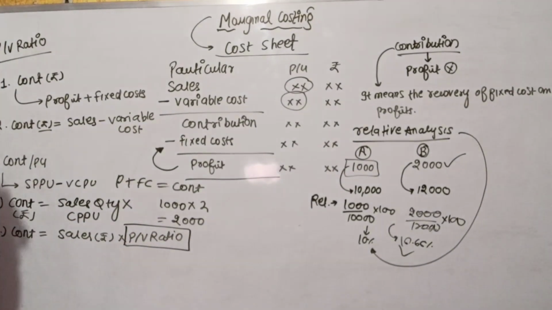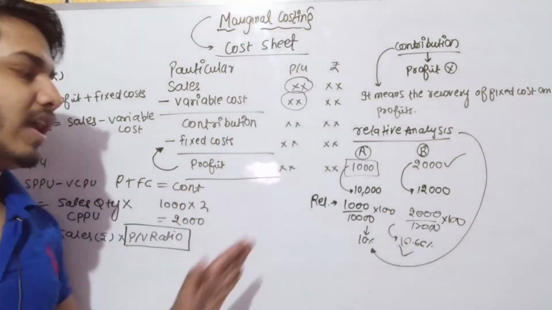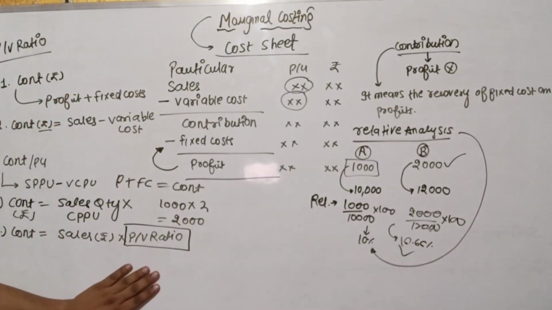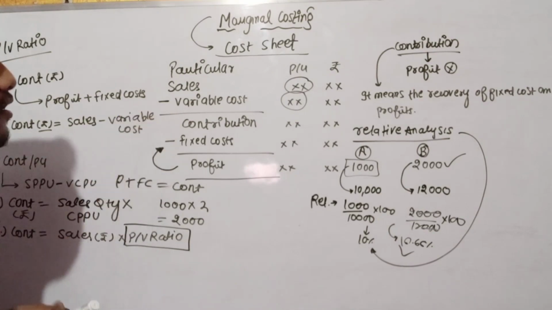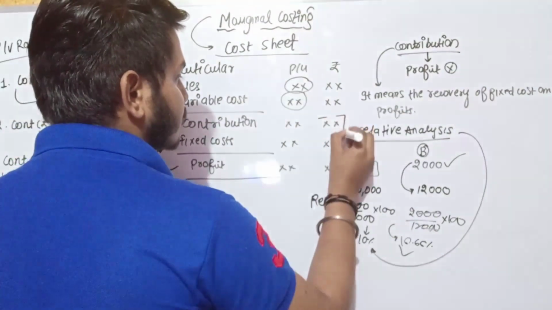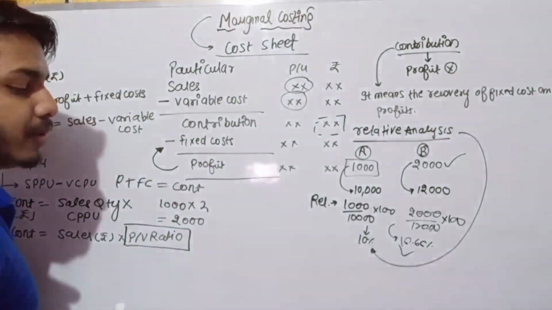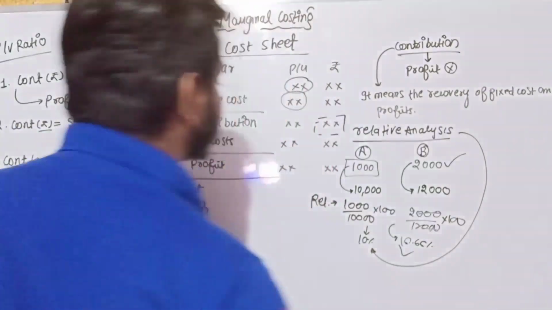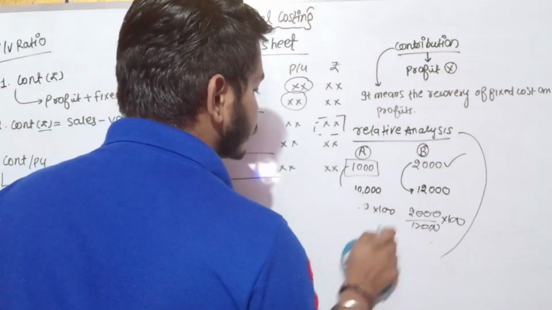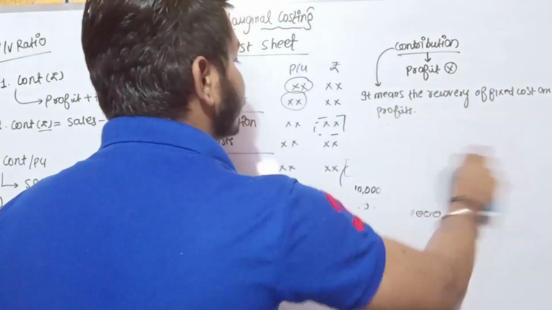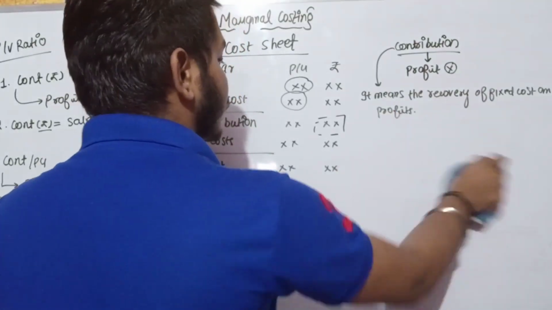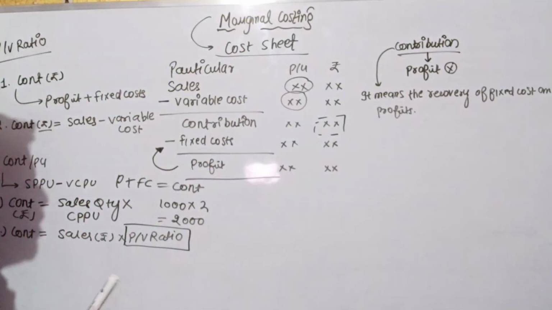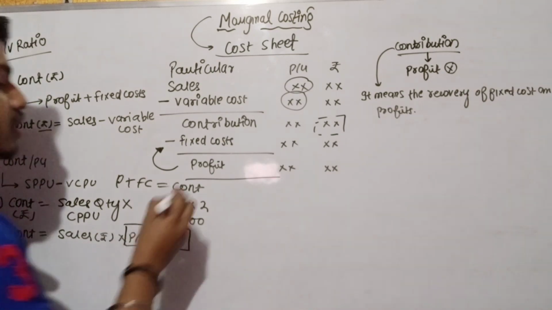So we always work upon relative analysis and not absolute analysis. That is why we cannot decide on the basis of contribution, because it is in absolute figures. Management prefers to take decisions on the basis of PV ratio because ratios perform the relative analysis. In absolute figures we cannot perform relative analysis, right? So the PV ratio,